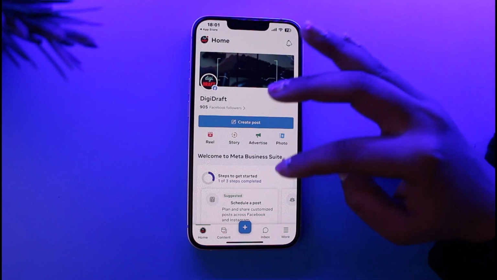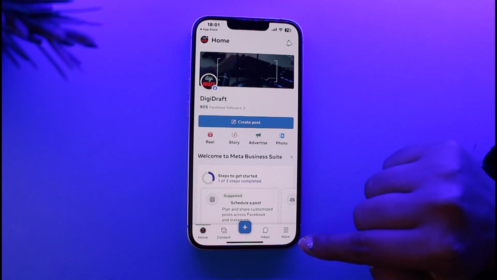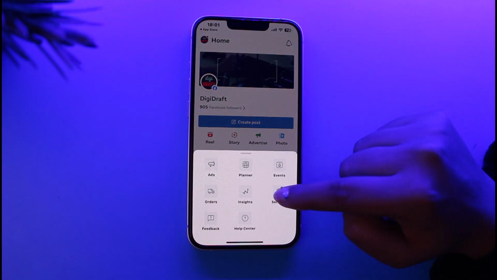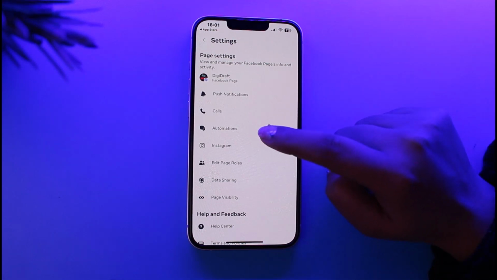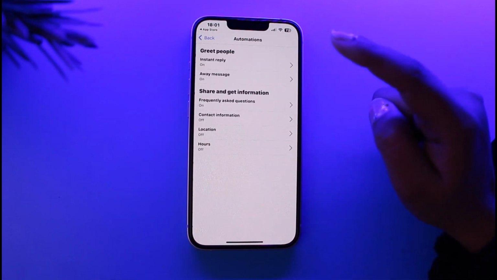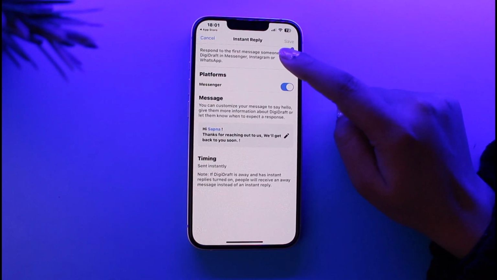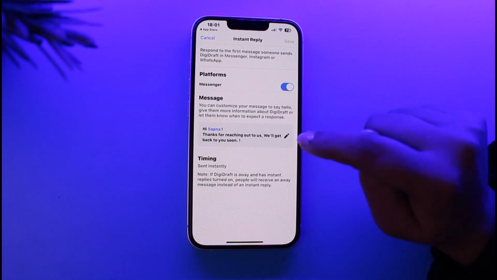Likewise, right over here, all you have to do is tap on this more option in the bottom right, tap on the settings option, and now you will find this option of automations in the bottom below the calls. Tap on it. Now you can see instant reply on top. Go ahead, tap on it again, and now you will be able to find this already added, by default added